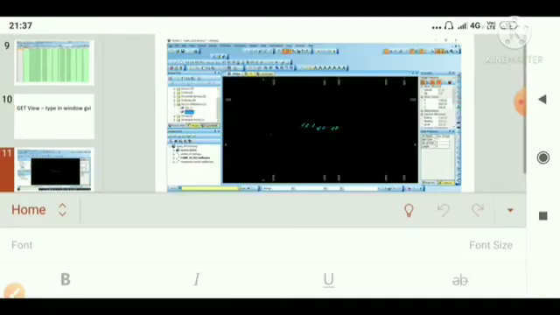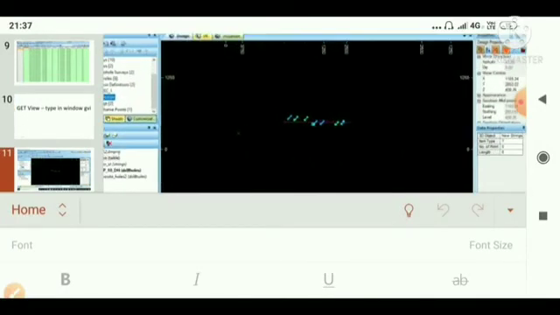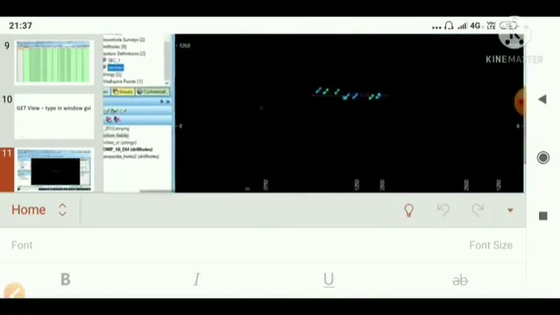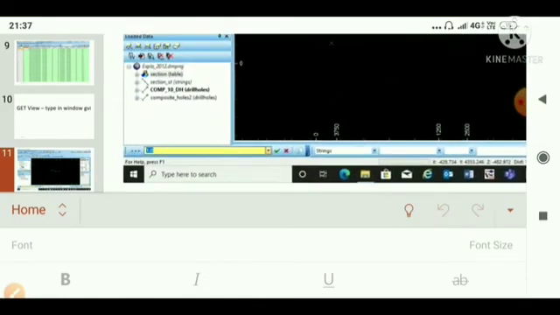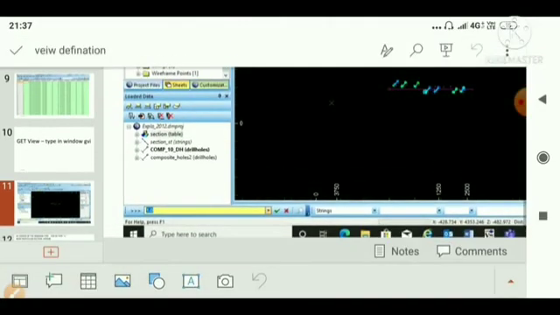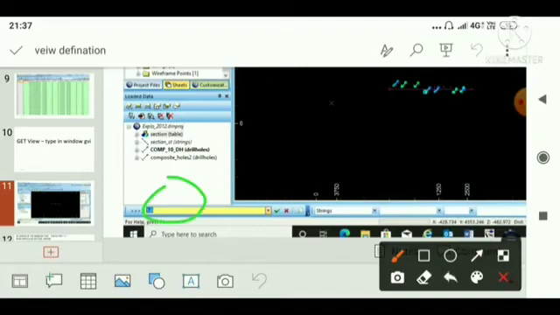Now we will learn the GVI command for viewing our section in the design window. For this we will type GVI in the design window, and in the command box we can see the number of the section. Here it is section number one.